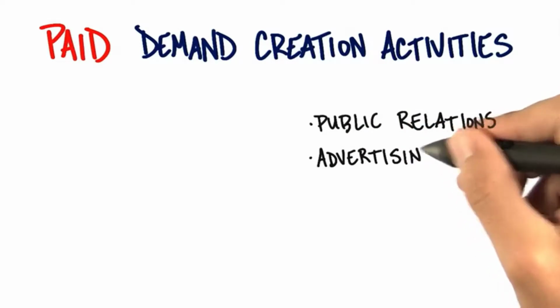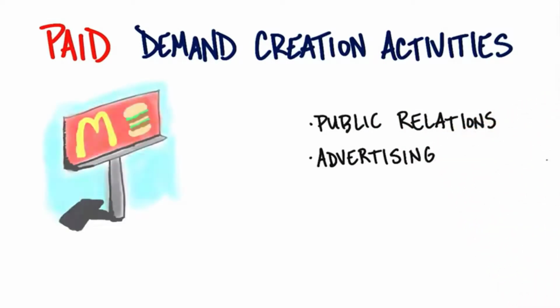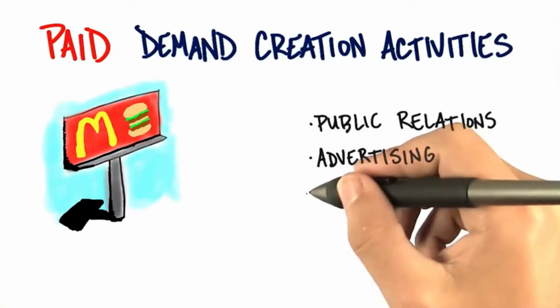Another common paid activity is advertising. What kind of advertising? Well, it depends what my archetype reads. If they read a blog, I want to somehow get either keywords or banner ads or something on the blog. If they read newspapers or tech journals or listen to radio or television, I want to match my demand creation activities to what I know about my archetype. I'm not just going to randomly do this. I'm actually going to try to match what I know to what I'm going to pay for.